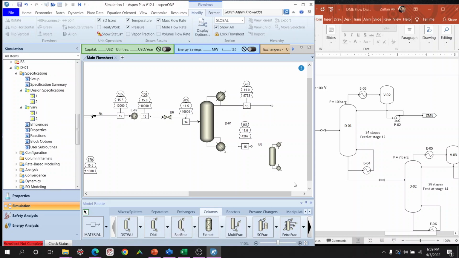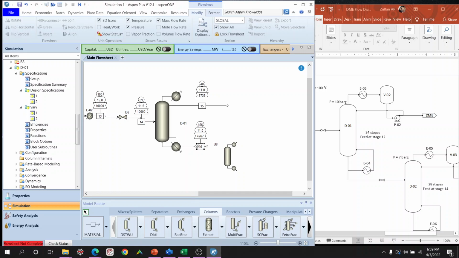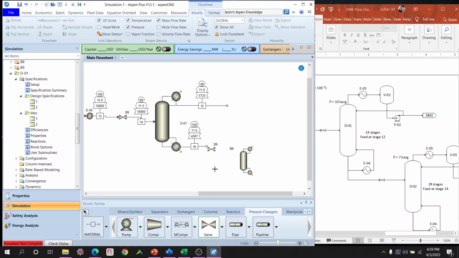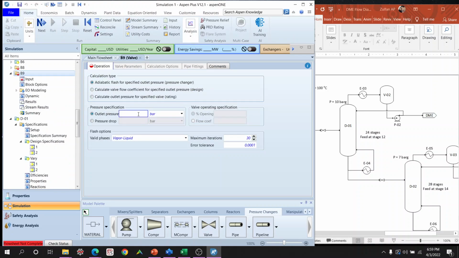It needs to be expanded as well because it's still 11 bar gauge. We need to have it at 7 bar gauge. So again, we put a pressure changer valve and then put it there, connect it over here. So, 7 bar gauge,